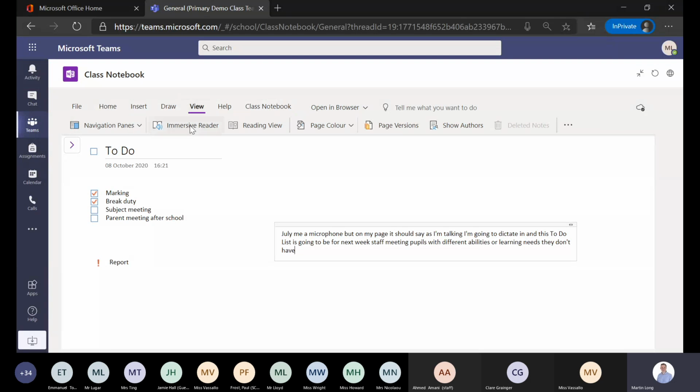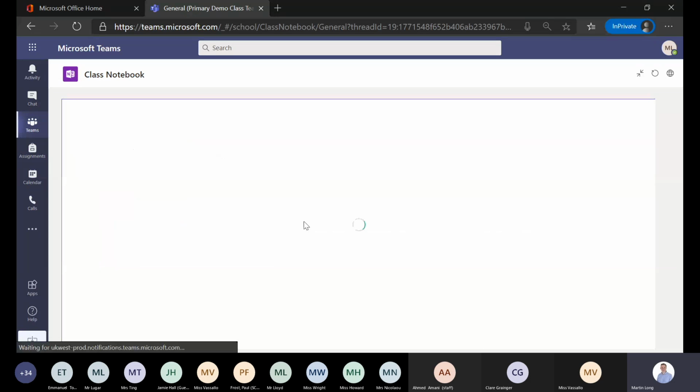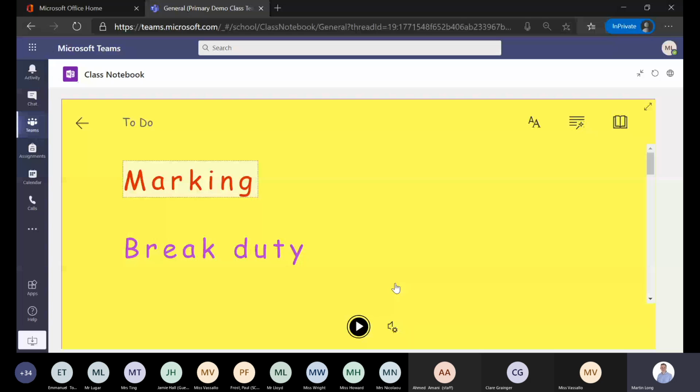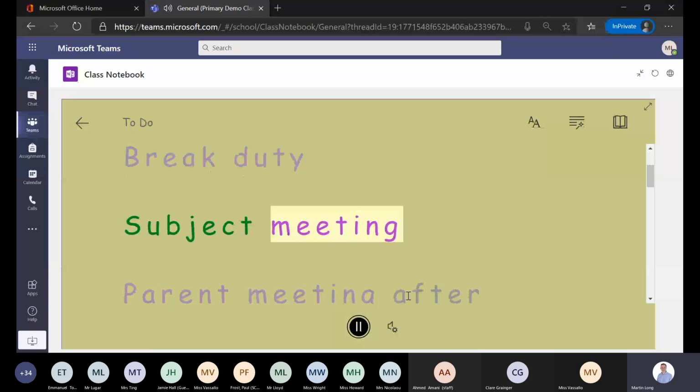So if I go across, on the View tab, there's something called Immersive Reader. Immersive Reader is built in through Office 365. We've got a separate session going to be about accessibility tools. But quickly, if I just showed you the same thing in Immersive Reader, just to give you a flavour of what's possible, if I had EAL pupils in my class and I produced this resource, they can translate to different languages. If I had different levels of literacy needs, I can press play, and then depending on the volume on your computer,